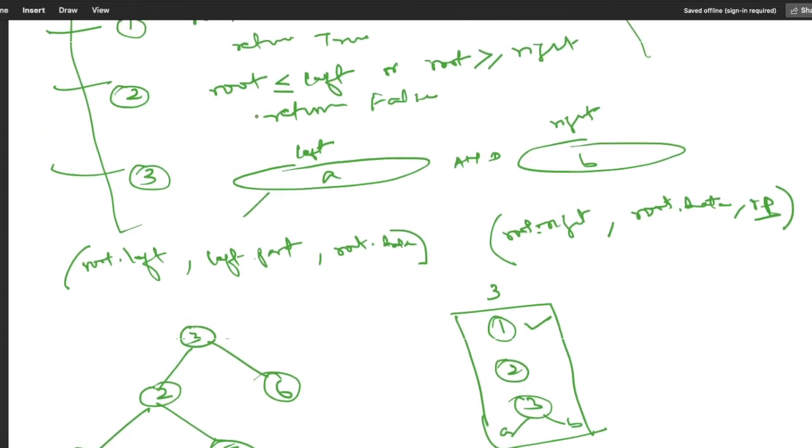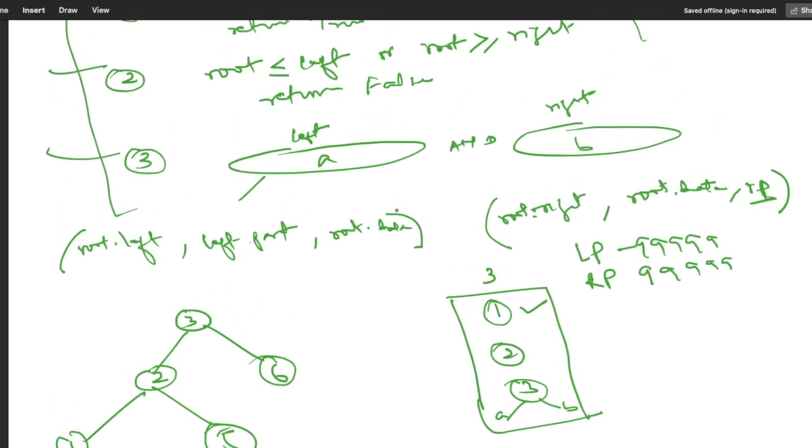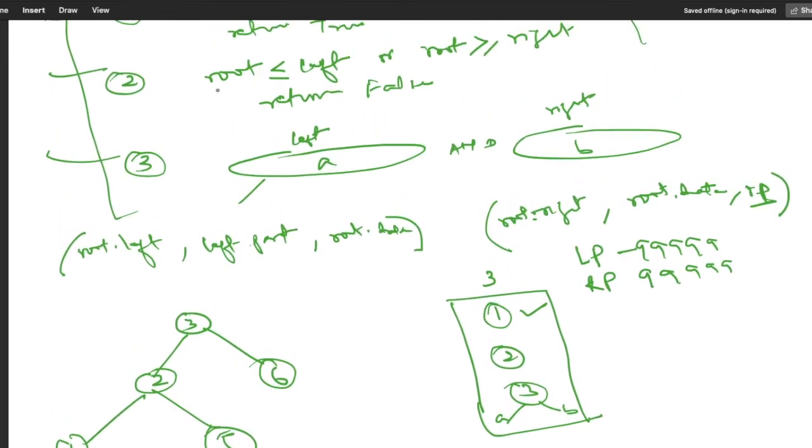The second one is we are going to check if this root data is less than or equal to the left part. For this node, my left part is the minimum value, suppose this is my minimum value, and the right part is the maximum value. Now here we are going to check whether this root data, which is 3, is less than or equal to the left part.